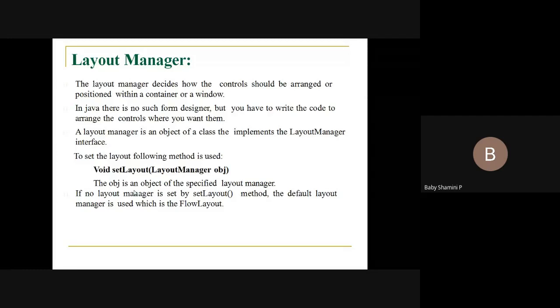What is a container? A container is also a component in AWT.